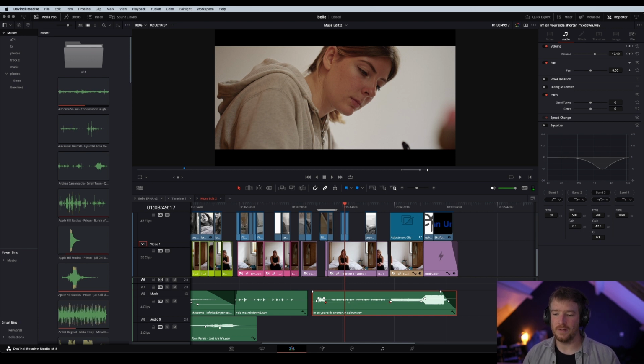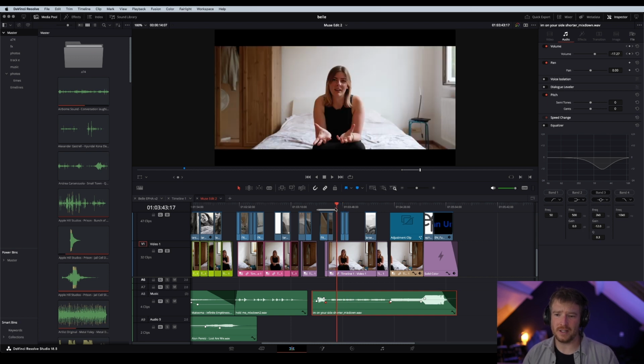So like you see, if I do this now, the music is out of the way, but we are arriving at minus 17 dB, and we kind of lose emotional impact of the music. If you listen back, you really have to concentrate on the music to hear what's going on.